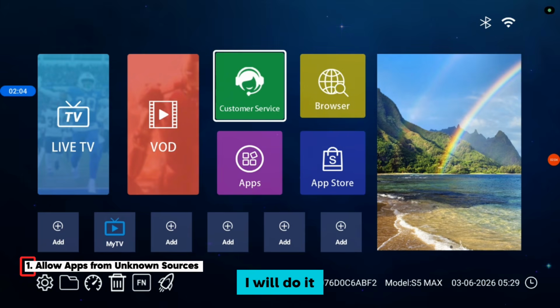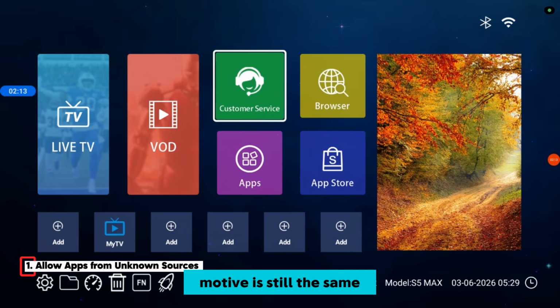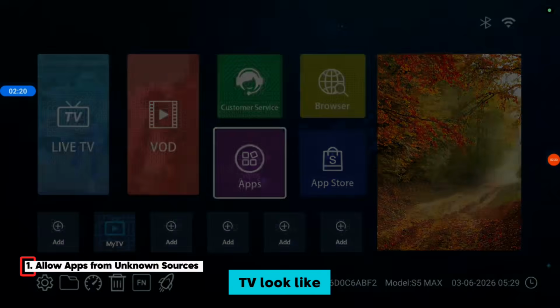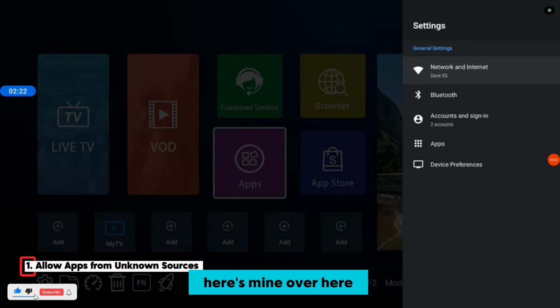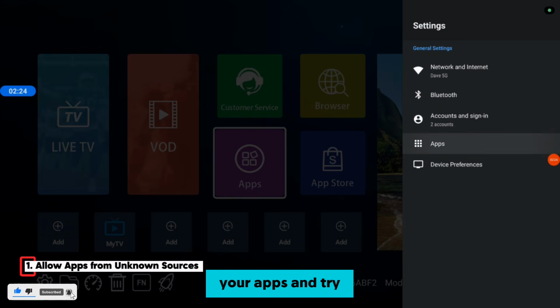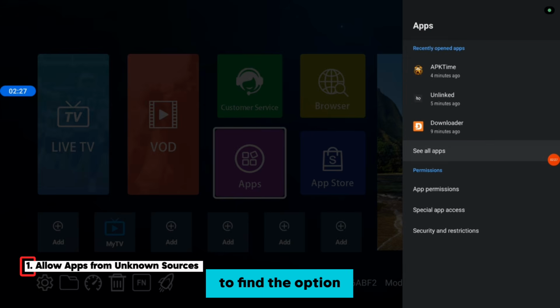So the same way I'll do it on my own Android TV might not be the same you will do on your Android TV, but the goal or the option is still the same. So on your Android TV, I would recommend just go over to your settings. I don't know where your settings are or how your Android TV looks like, but go over to your settings. Here's mine over here, and go over to your apps and try to find the option that says